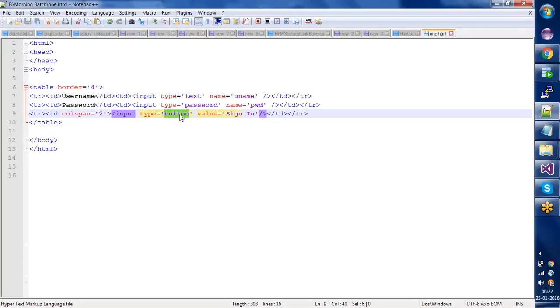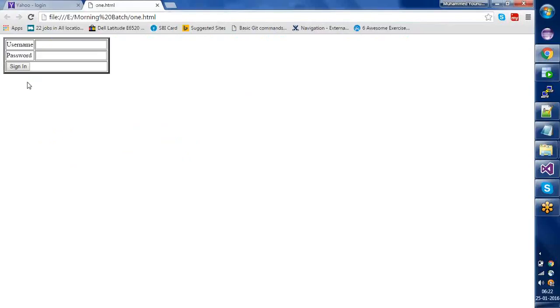So event is something which is like clicking on a button and sending data from one page to another page, or validating data, such as username cannot be a number. This type of validation all comes under events. Typing a text in the text box is also an event. All these things we will be learning down the line. So we are good with developing a window. One small login window we have developed successfully. In this we have used username, password, as well as